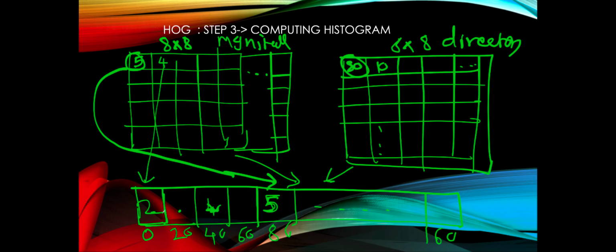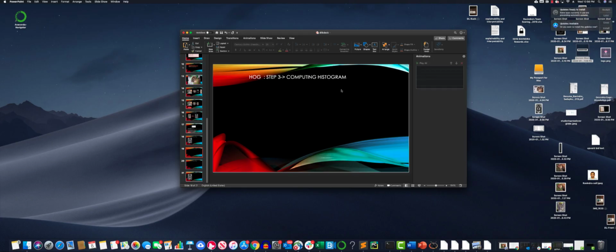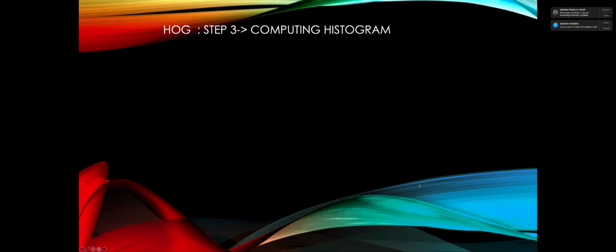So 4 will be divided into 2 and again it will be divided into 2, right? So we keep doing that and we keep adding the values. So eventually, once we do that,